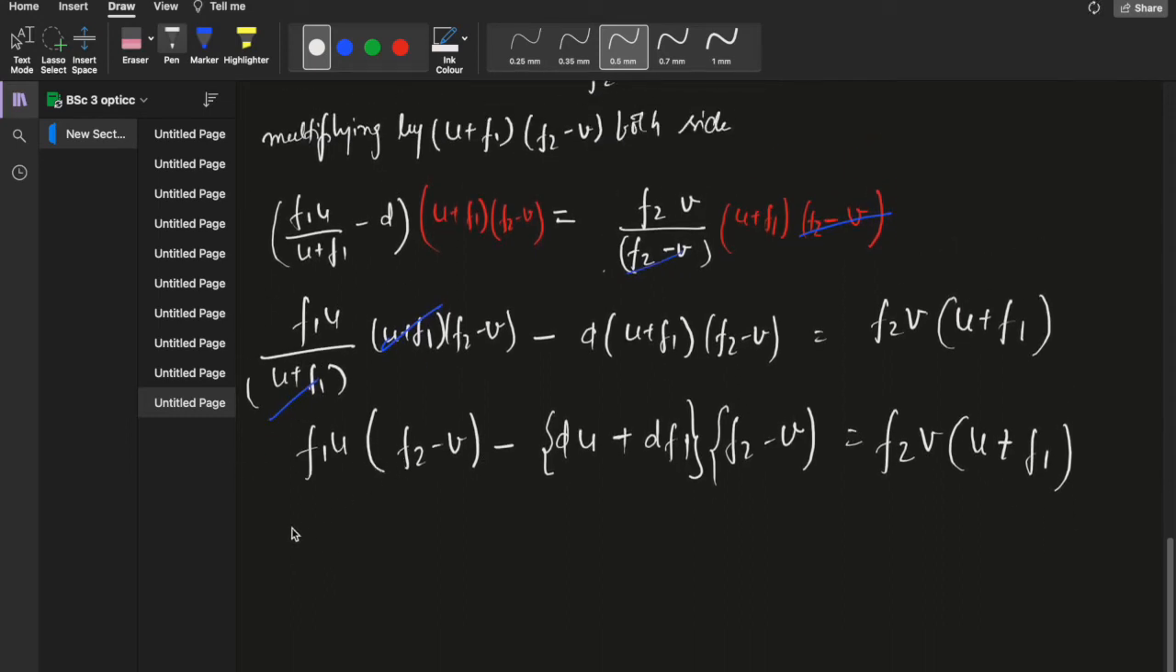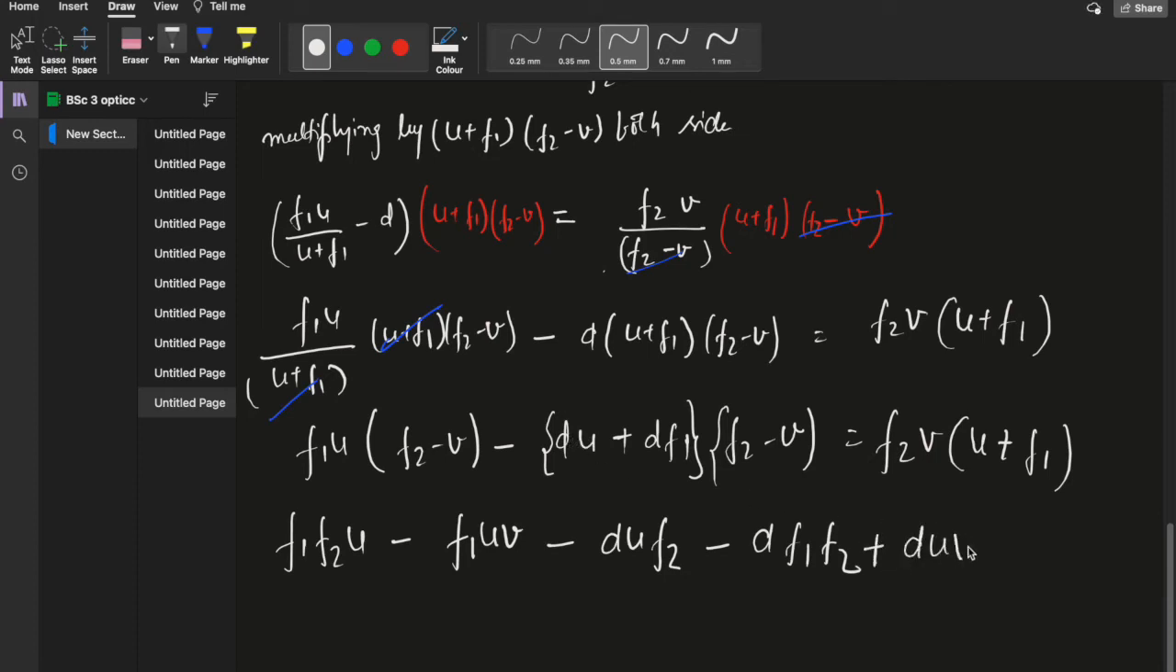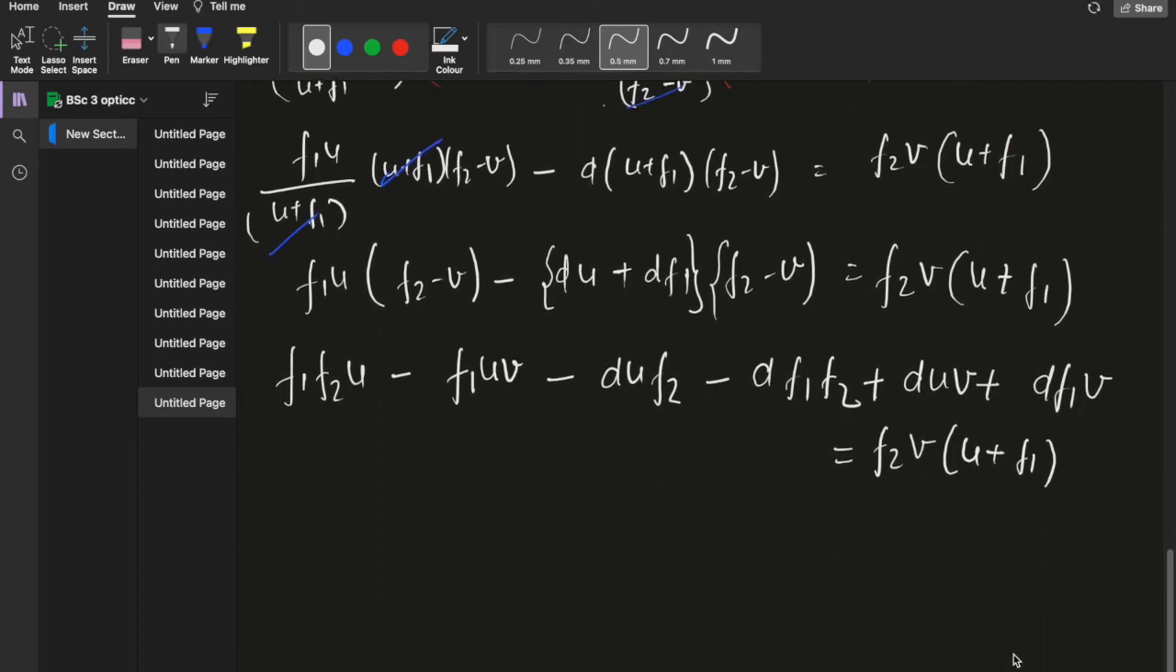Just multiply. The first term becomes F1 F2 U minus F1 UV, minus, multiplied by this, becomes DU F2, negative of DF1 F2, negative plus, this becomes DUV, and this is negative, plus this becomes DF1V, which equals F2V U plus F1. All right,